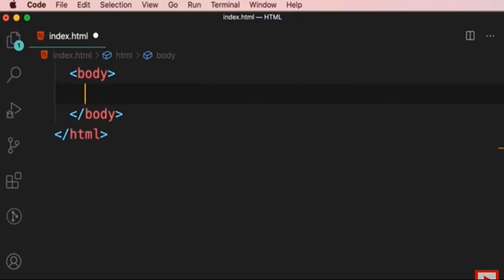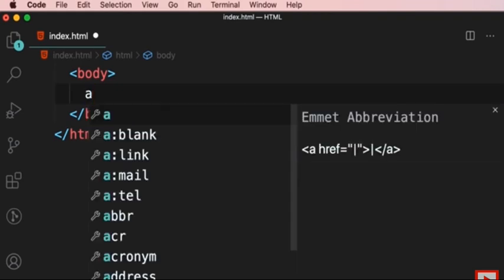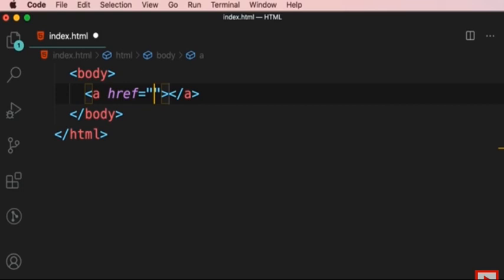Almost every web page on the internet has links to other pages or websites. To create these links, we use the anchor element. So we type A, that is short for anchor, and then press tab. Now every anchor element should have an href attribute. Href is short for hypertext reference. I know, it's a mouthful. It basically means a URL